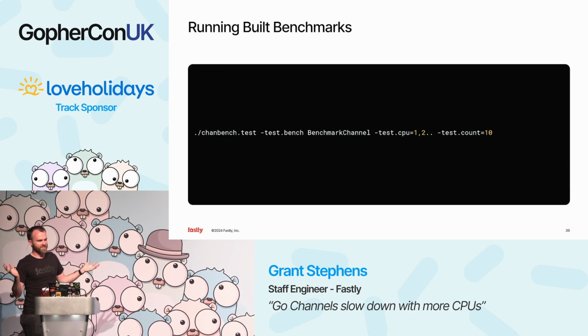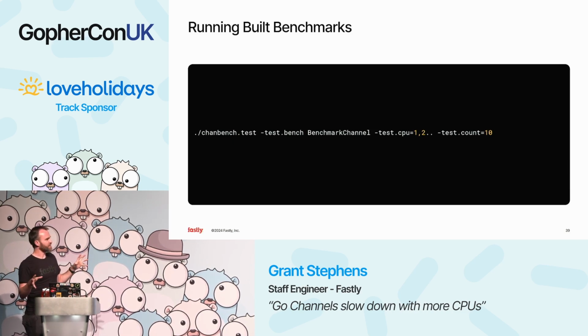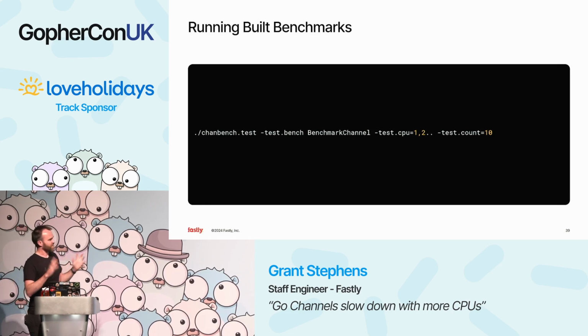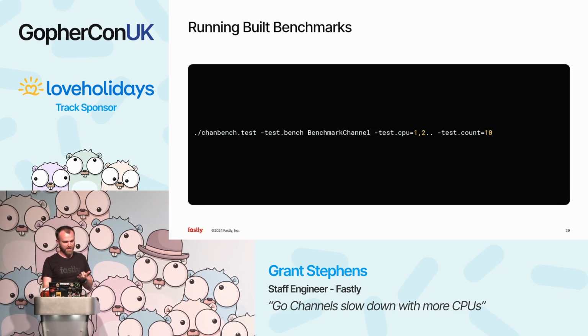So maybe there's other stuff going on the server. Maybe you just want a statistically significant number of tests to have run. So you do generally more than 6. I chose 10. I didn't want to be there all day waiting for this thing. Cool. So now we can run benchmarks on production hardware, and you end up with this very big file of